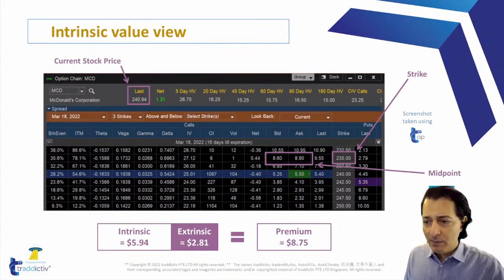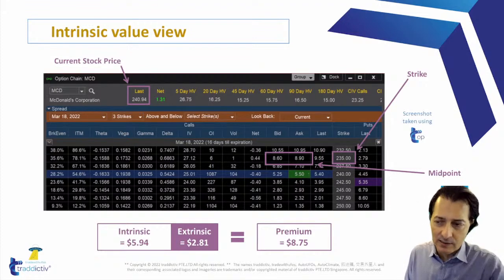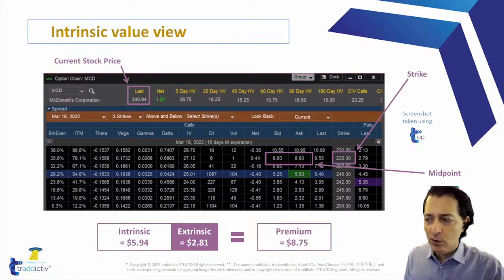The trader is looking at options that expire on March 18, which is 16 days from the time of the screenshot. The 235 call, highlighted with the 235 strike, has a bid price and an ask price of 8.60 and 8.90. So the midpoint happens to be 8.75. As you can see on the bottom part of the screen, the value of that option, which we call the premium, is